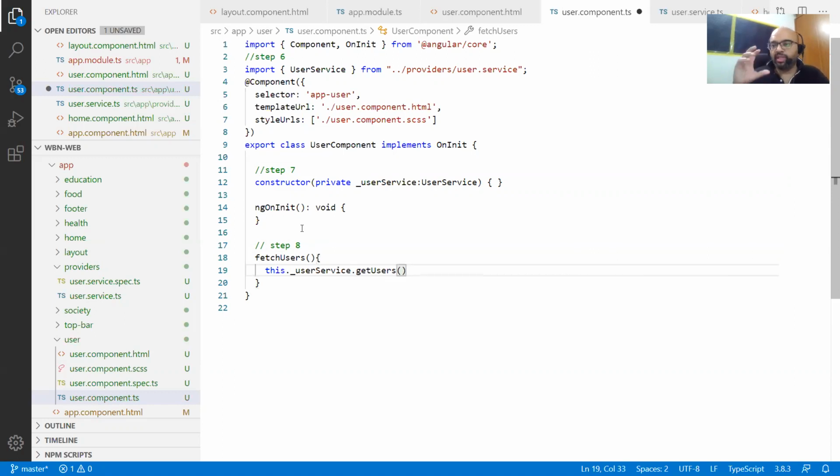And now there is a concept called observable, correct? Sorry, not observable, the publisher subscriber concept. This concept says if someone publishes, someone has to subscribe, just like your WhatsApp group. The moment I type a message, you all get subscribed.